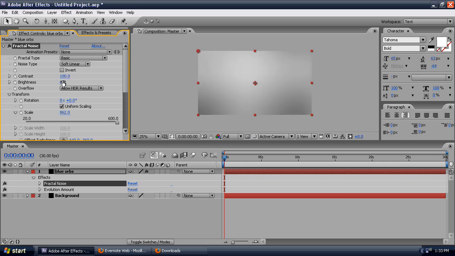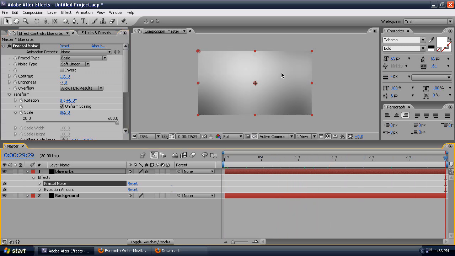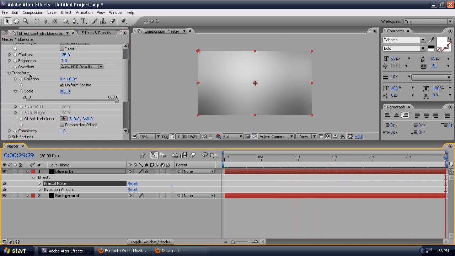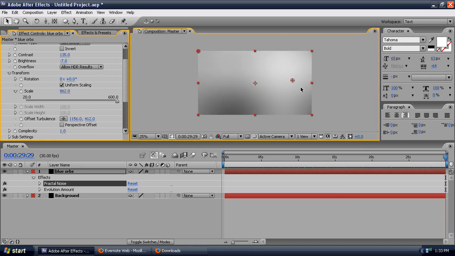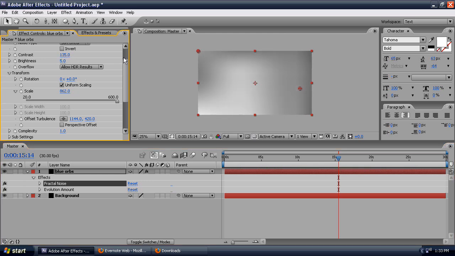800 some. Then I'm going to mess around with my contrast and brightness and just get something so we have a little bit of something going on in the background. I also can mess around with my transform, and I'm just going to move where this is. So let's move so we're right about here, because I want to get rid of as much of the black downtime, you could call it, as possible. So maybe I'll bring up my contrast a little bit more, and you can see we're starting to get a